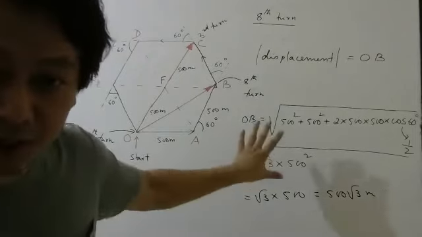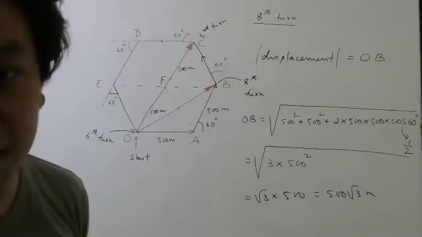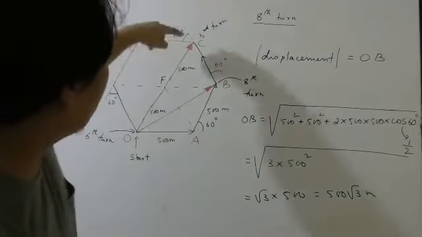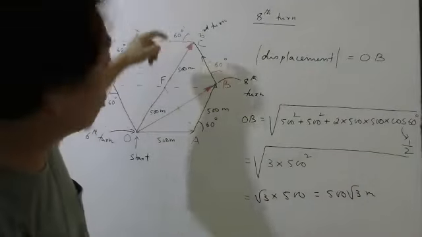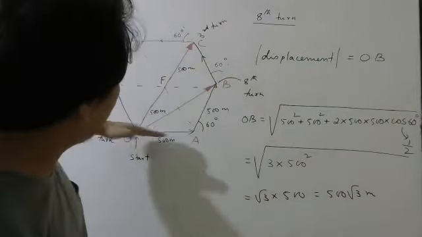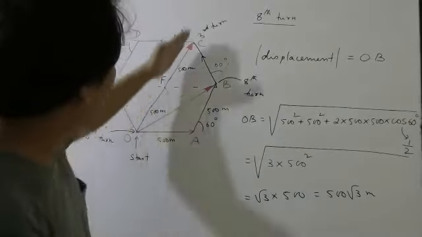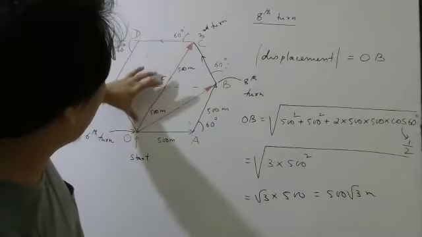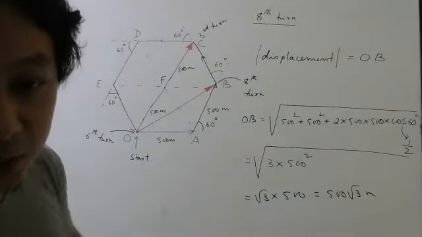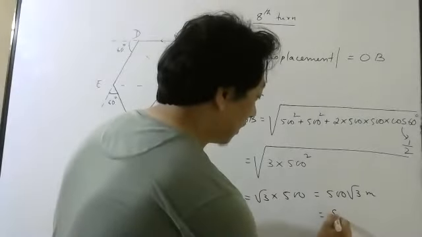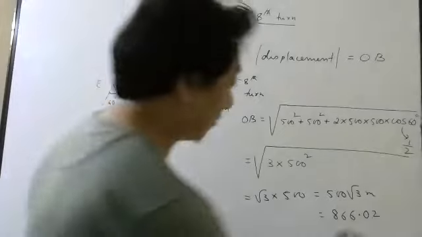So only for this one we have to use parallelogram law. Other ones though we found very easily. Right? First one it was very easy because it was here, so directly we can find. So to find this displacement, don't add this one with this one and with this one. It will take a lot of time. To find this displacement directly, you can add this 500 with this 500. 866.025.